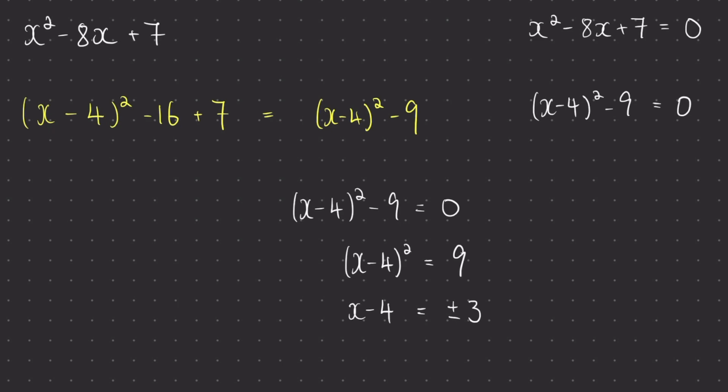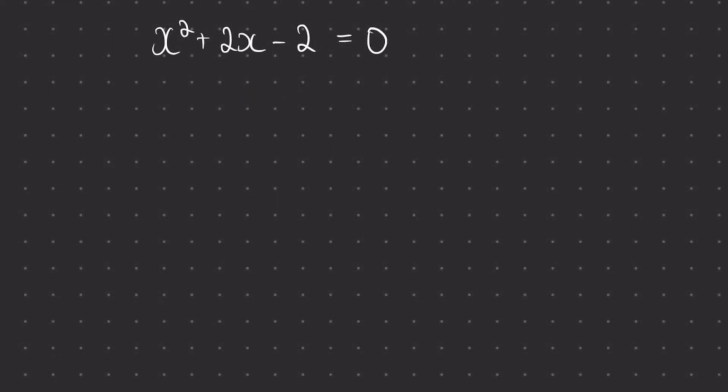Now I can add 4 to both sides. And we can see that the answer has to be 4 plus 3, so x equals 7, or the answer is 4 minus 3, x equals 1. Let's look at this example together. So my first step is to, of course, complete the square on this right-hand side, writing down the square bracket,